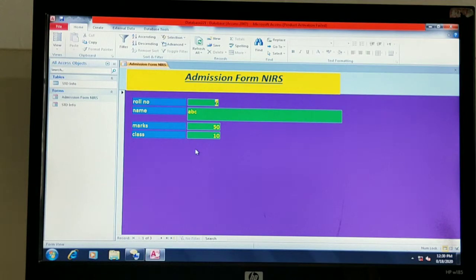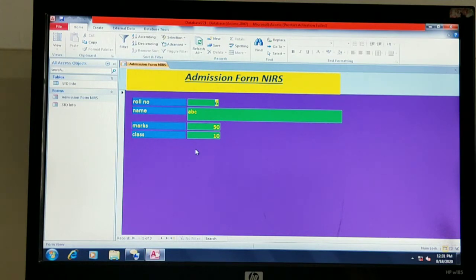Suppose I have created one table, and from that table I want a printed report: how many employees are present in that particular organization, their name, designation, qualification, and the date they joined the organization. If you want this data information as a hard copy, you have to create a report.